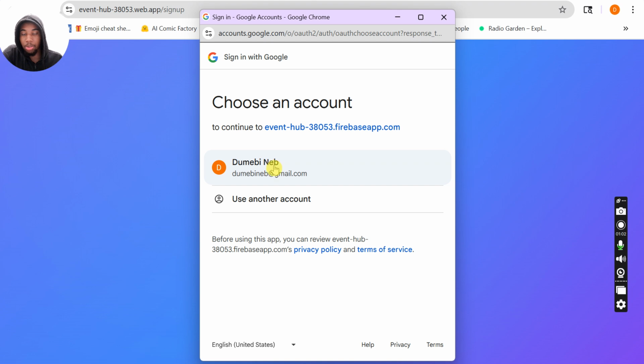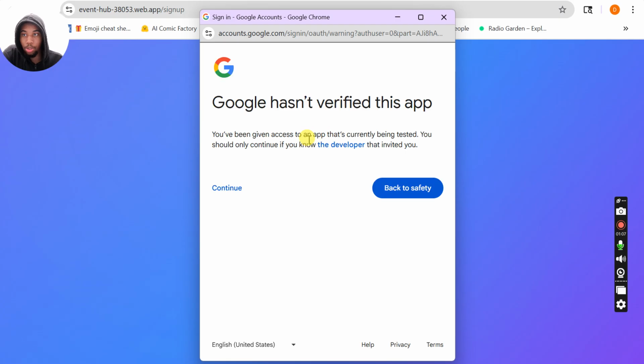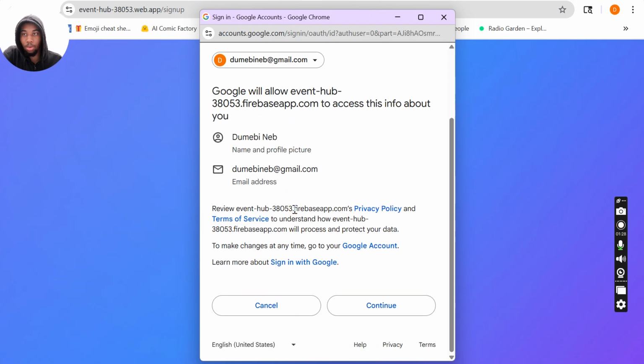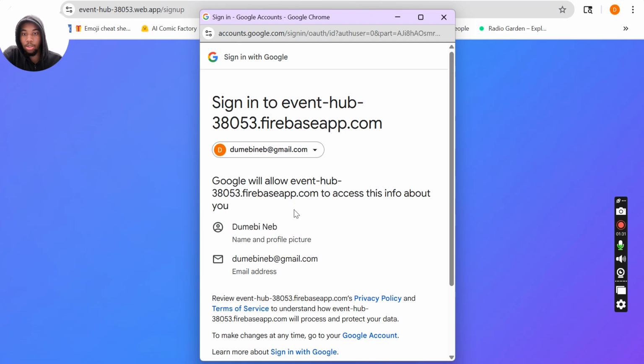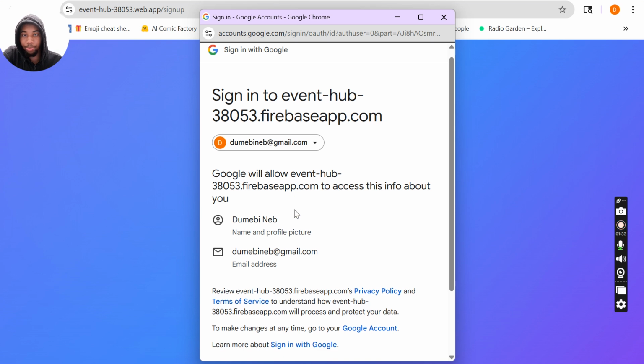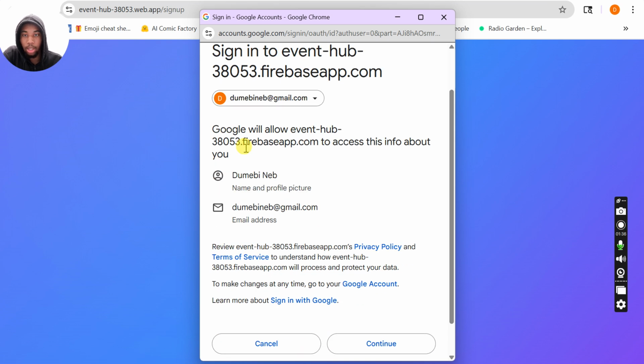The process is pretty much the same, but let's say we're using this account. Once you try to sign in, Google hasn't verified this app yet, so it lets you know that. The reason I'm able to continue is because this email is invited by the developer. So once you get past that stage, Google tells you